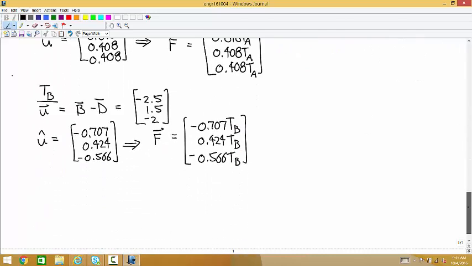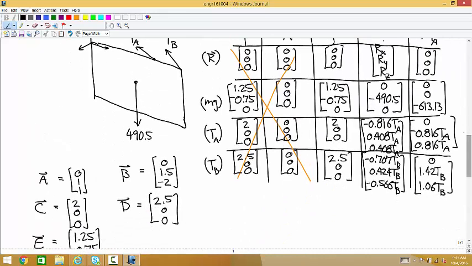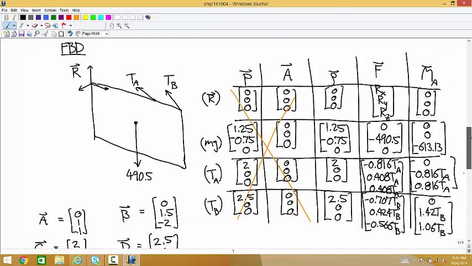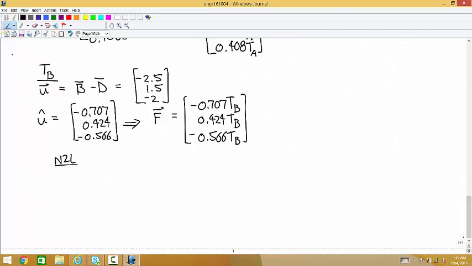Okay, so now we're going to take all these forces, add them up and use them in Newton's second law. Then we're going to add up all these forces in the rotational equation. So Newton's second law looks like this. What did I call that force? Just R? Rx, Ry, Rz